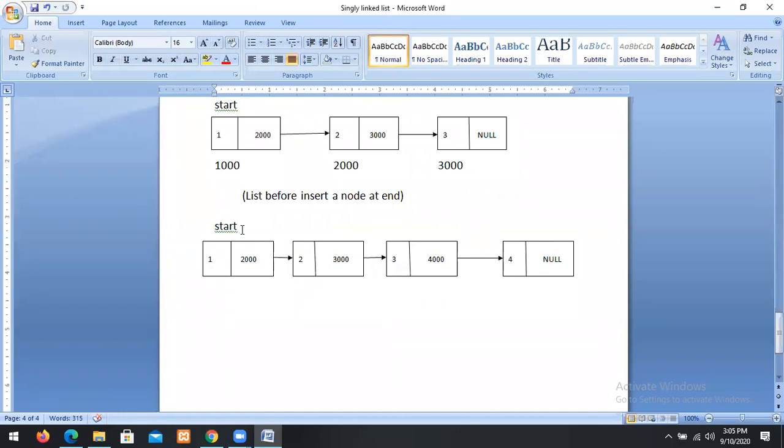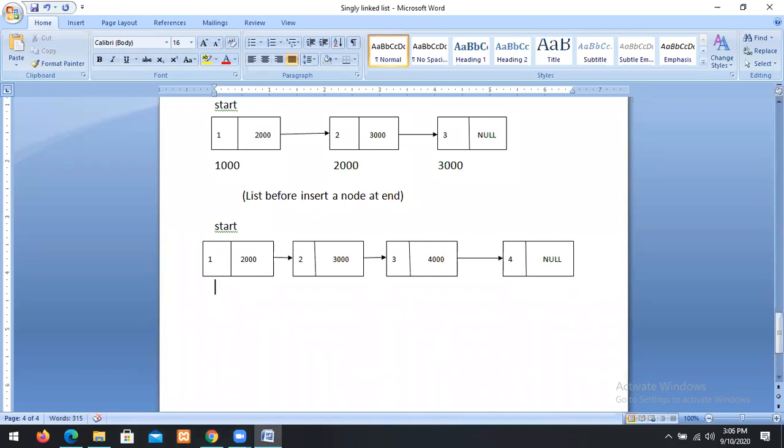So this is the new node. Then this is the process. After insertion of the new node, I will get the address.